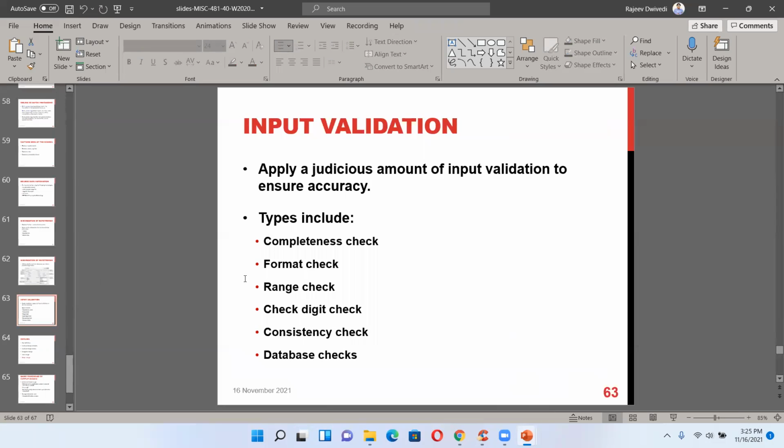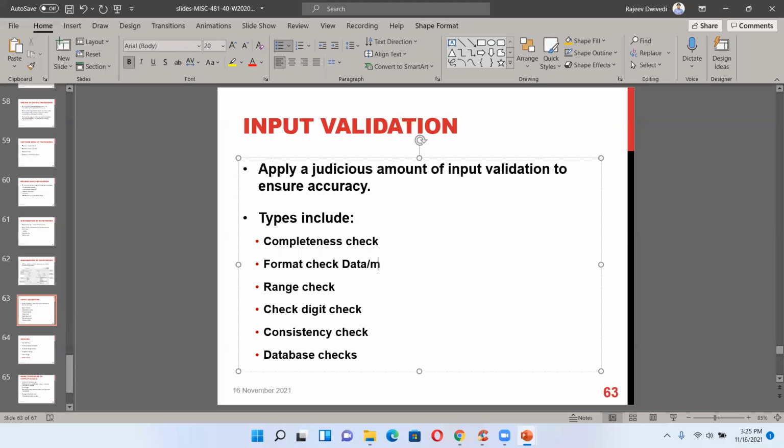Input validation: apply a judicious amount of input validation to ensure accuracy. Completeness check: if you are typing 9 digits for your phone number, it will not be accepted. Format check: I used to make mistakes when I came to the USA, because in India we used day, month, and year.